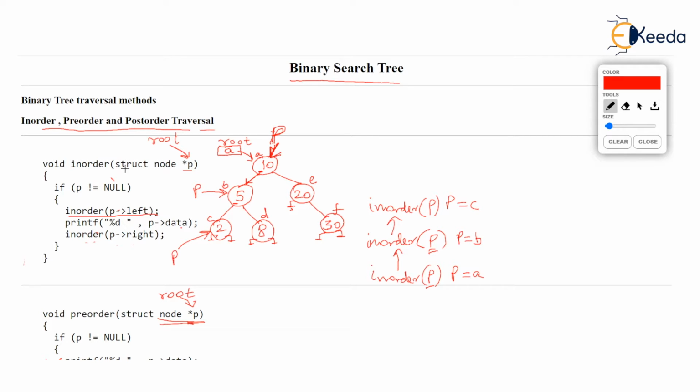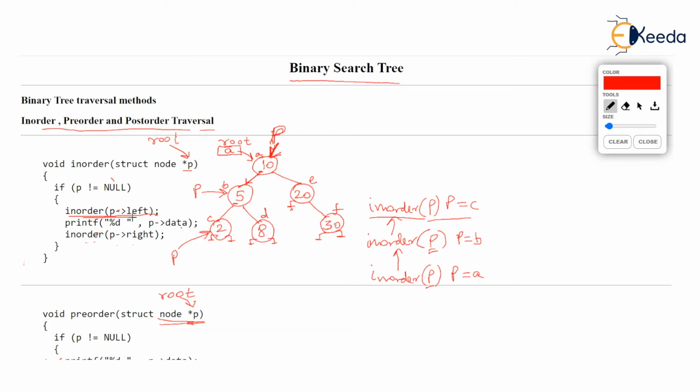So we have got 3 functions active: in-order with P at A waiting, in-order with P at B waiting, and in-order with P at C now actually running. Let's start this function, in-order with P pointing to C. If you start the function, P is still not null because P is very well pointing to C. So we come inside the if and execute the recursive call. This time we are passing in-order P arrow left.